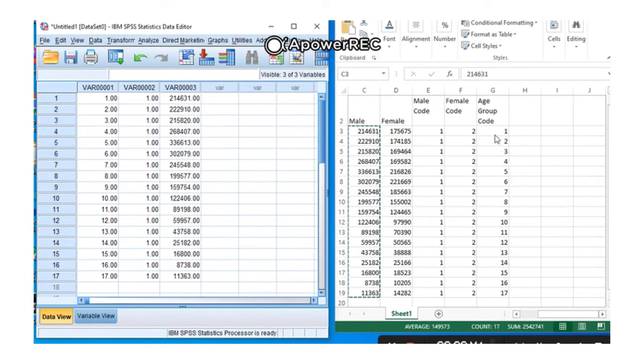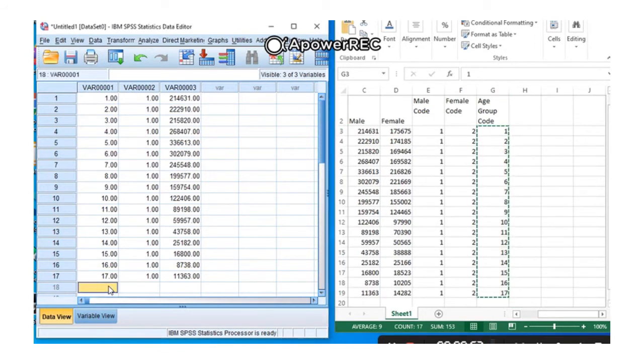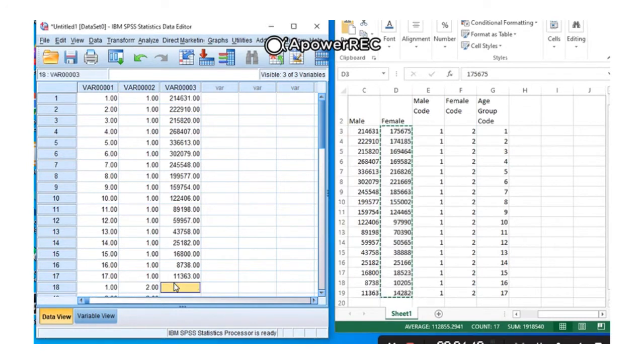Later on, again you take the age code for the female data to be input, and paste it down below the earlier age code which has been transferred for male. Similarly, the female code which is given here, transfer from the Excel to SPSS down below the male code. And then take the female data correspondingly and paste it down below the male data which has been done earlier. This is the input where we can see.